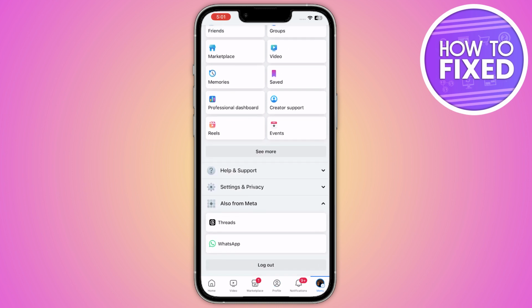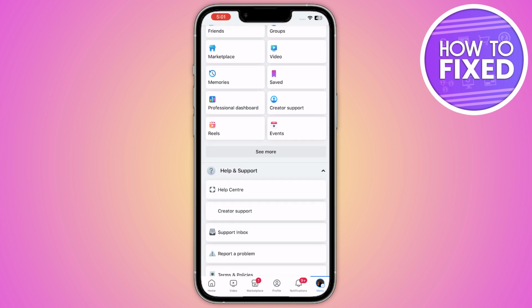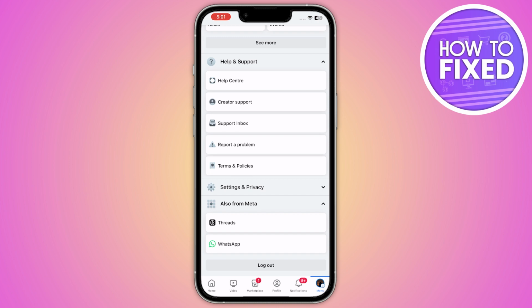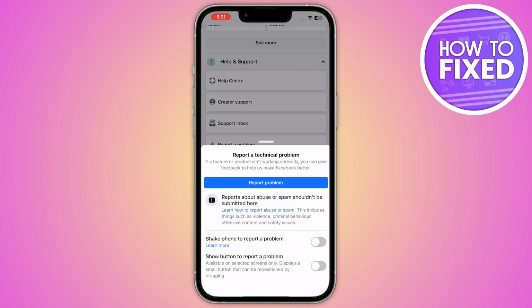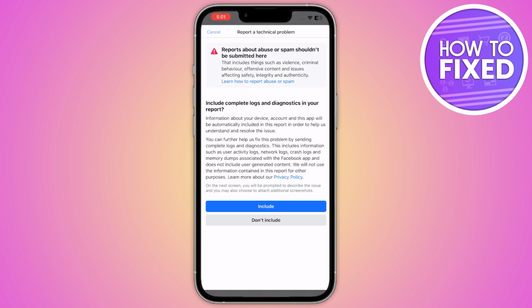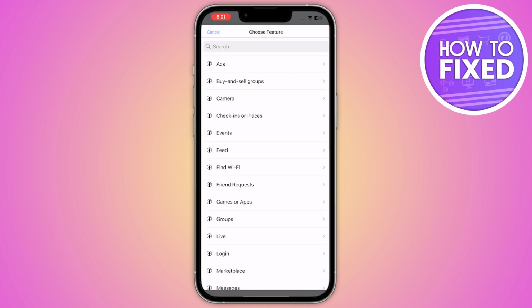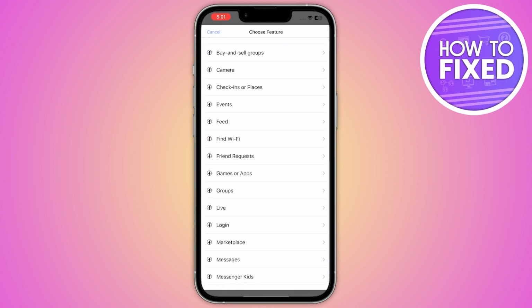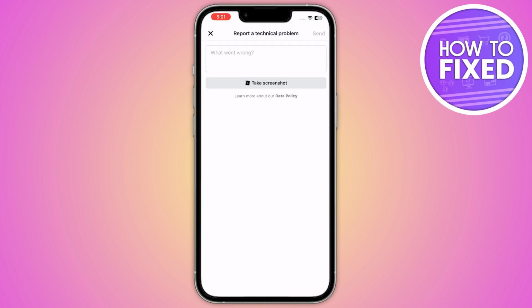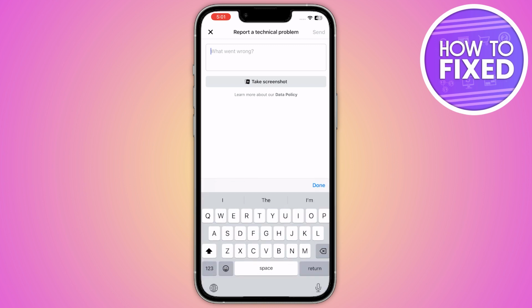From here you have to again scroll down and go in the help and support. From here you have to click on this report a problem and again click on it. Now from here you have to include all of these logs and the diagnostics in your report. From here you have to select the feature of the marketplace, and simply report your